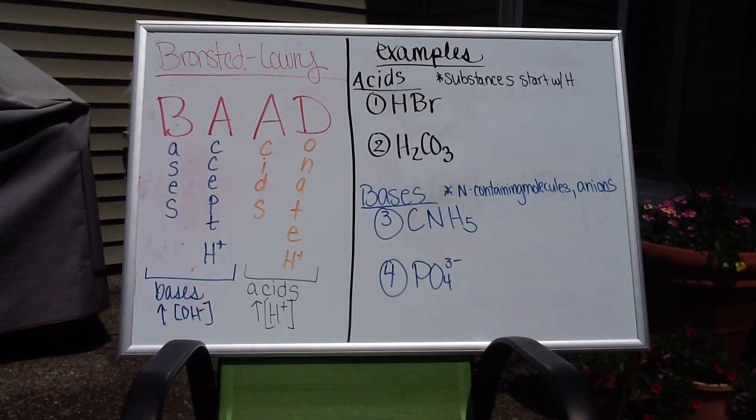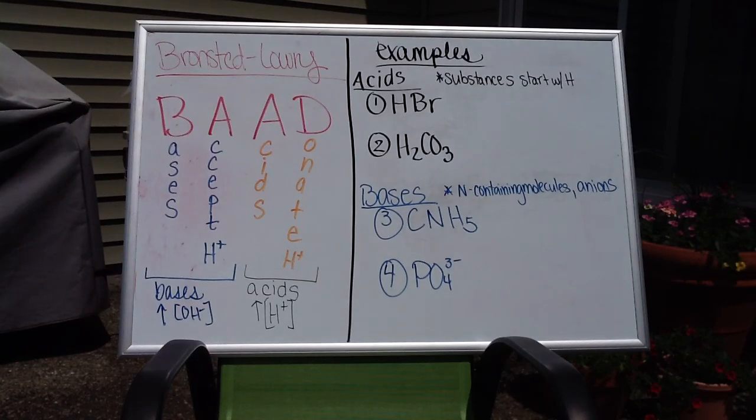So this video is going to be about the Bronsted-Lowry definition of acids and bases. According to the Bronsted-Lowry definition, we can think of bases as substances that accept hydrogen ions, and acids are substances that donate hydrogen ions. And when you think about what happens when you stick an acid or base in water, if we follow the